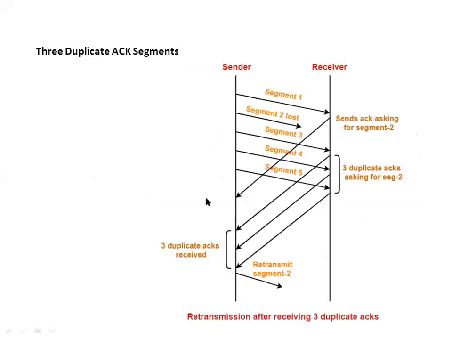So this was the example why the sender may receive 3 duplicate acknowledgements. As we can see here, segment 2 is lost in the network, but segments 3, 4, 5 the receiver received successfully. So it will be sending 3 duplicate acknowledgements with the same number. This is also because of congestion, but the congestion is not very much. Only some segments are getting lost. So in that case, instead of going back to the slow start phase, the sender can go back to only the additive increase phase.